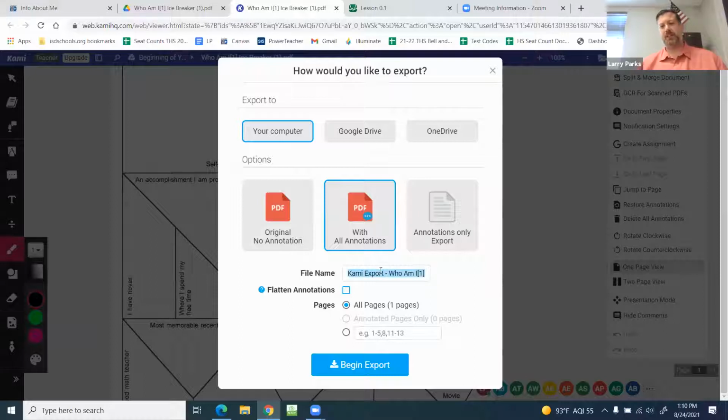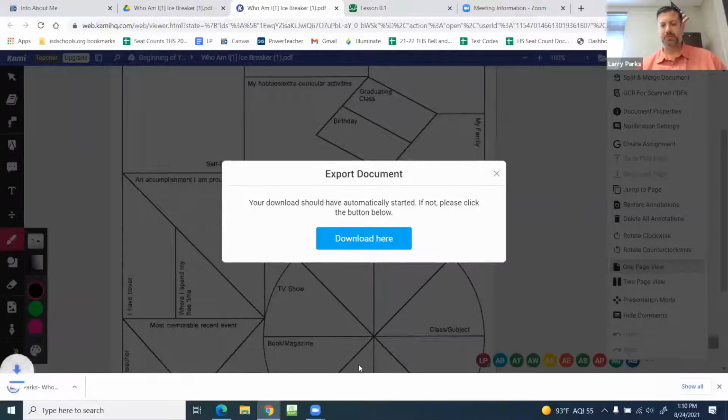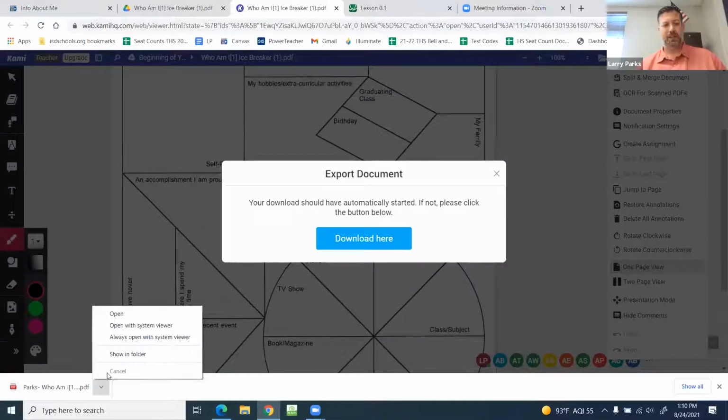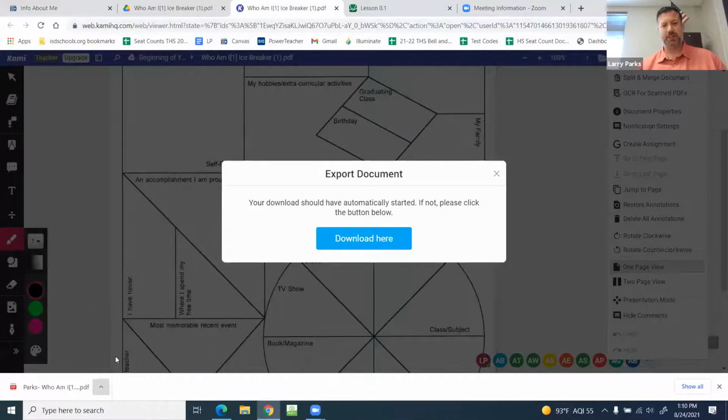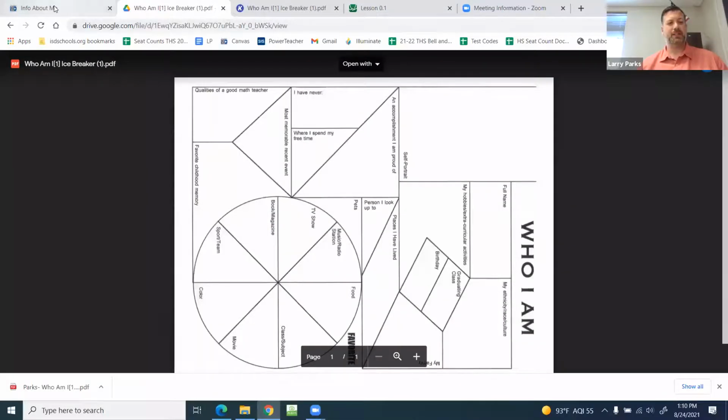You can call it whatever you want. I know mine's blank, but maybe I call it Parks Who I Am, and I begin the export. I go down here and could show in the folder to see where it's at. It's in my Windows C downloads folder. Then I could either move it to my desktop, or when I go in to turn this in,